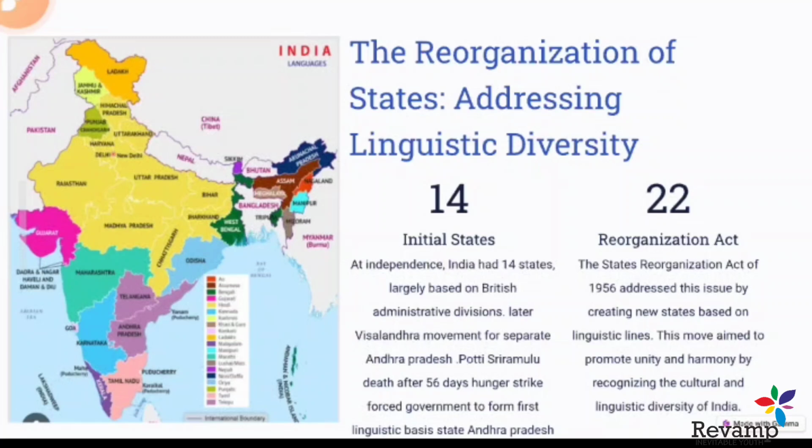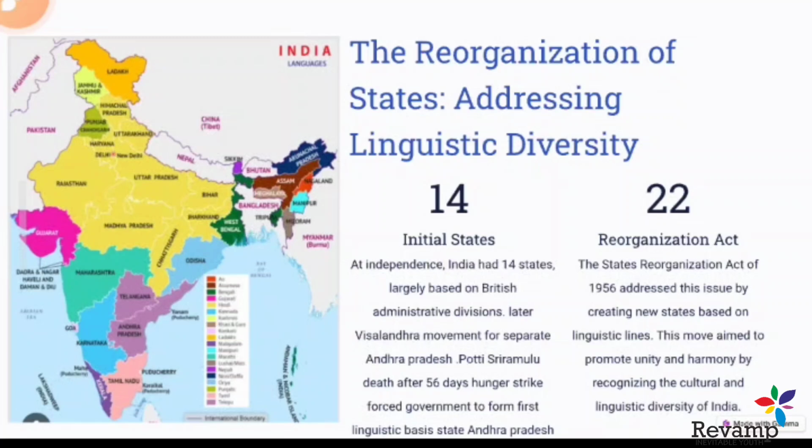Earlier, India was ruled by the colonial power, and the British used to rule states according to the area they annexed, or just for their administrative convenience. So they had no love or sympathy for the people of the country. They just ruled as they felt it easier for them. But now we had to draw boundaries not only for administrative convenience, but also taking care of people's feelings, because as India we had a lot of pride in our linguistic identity and our old culture. So all these things also had to be taken care of.